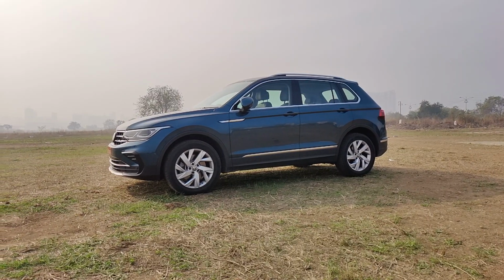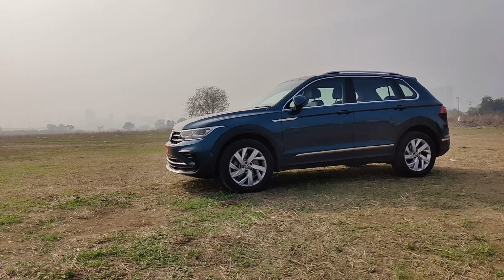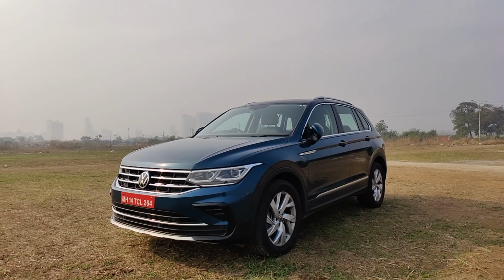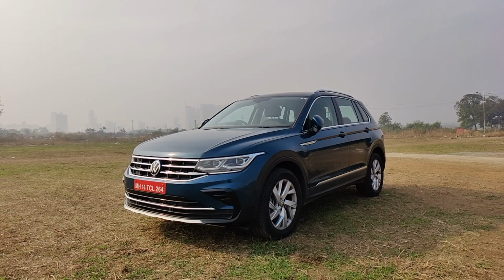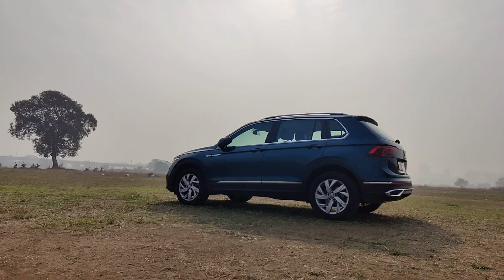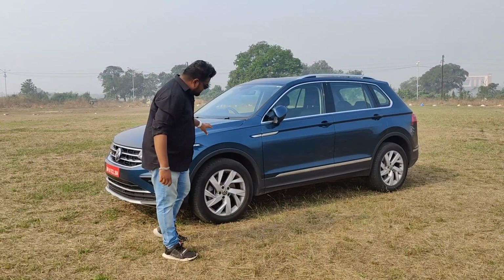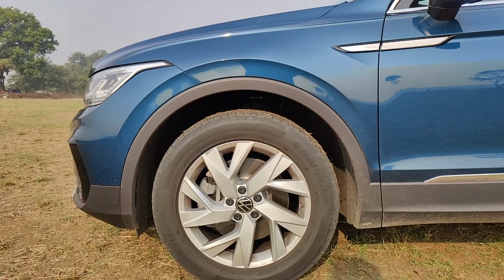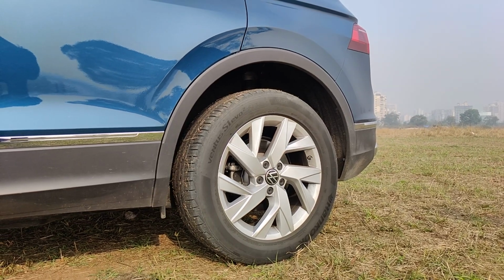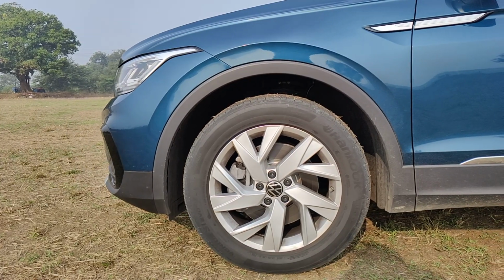Now, talking about dimensions, the Volkswagen Tiguan is 4,509 millimeters long and is 1,839 millimeters wide. The height is 1,665 millimeters and the wheelbase is 2,679 millimeters. Now, coming to the side, you'll see these new alloy wheels. These are 18-inch wheels, and the tire is a 235 by 55 section tire for the front and the rear as well. Both the front and the rear get disc brakes, which is very good,